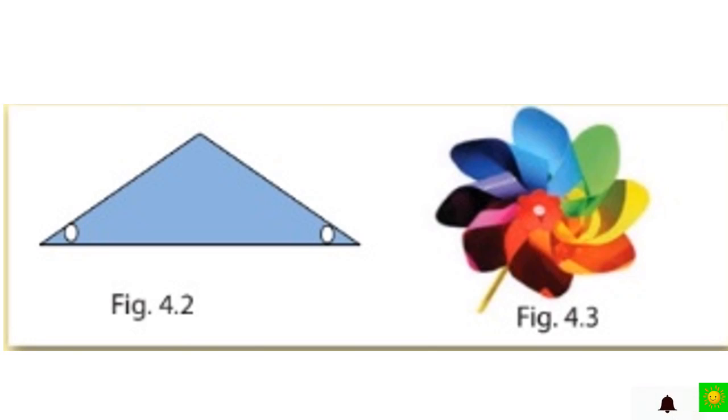Now hold it to the blowing wind. See what's happened. The wind propeller rotates when there is wind. When the wind speed is higher, the propeller rotates faster. The rotation of the wind propeller indicates the task. How did the wind propeller get energy? It's provided by the blowing wind.